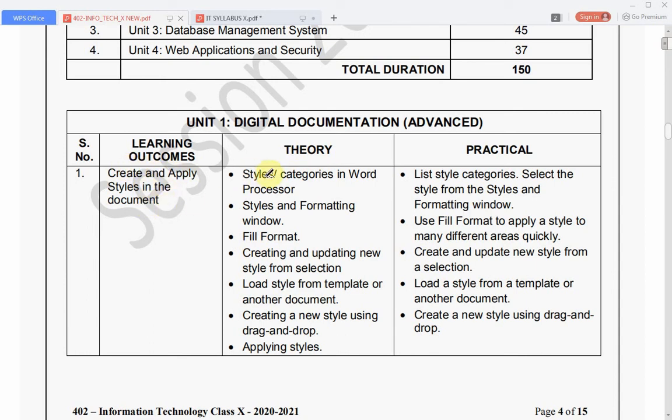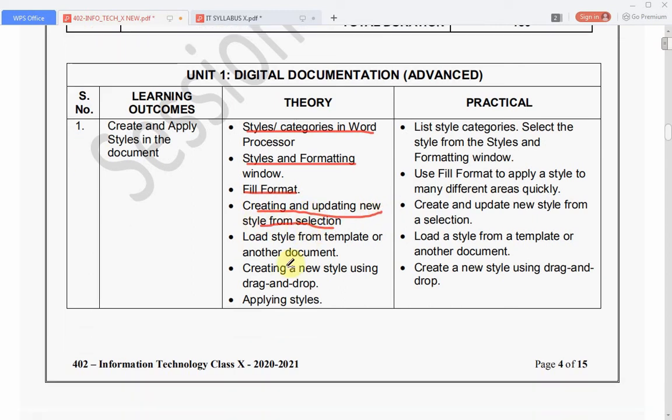In this we study style categories in Word, style formatting, field format, creating and updating a new style from the selection, loading styles from templates or another document, creating a new style using the drag and drop box, and applying styles.